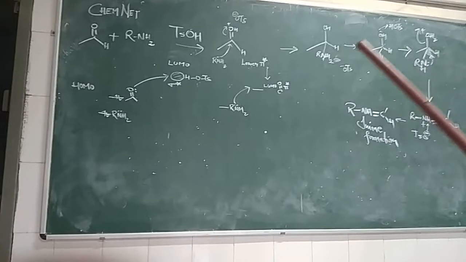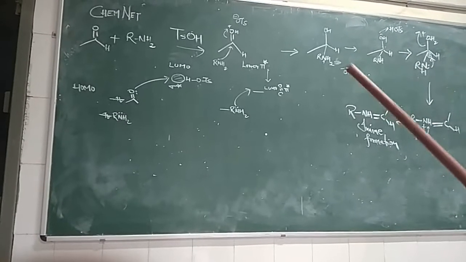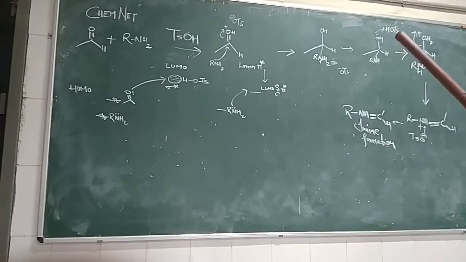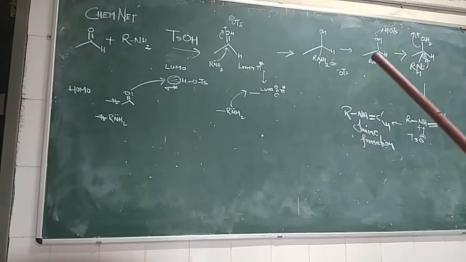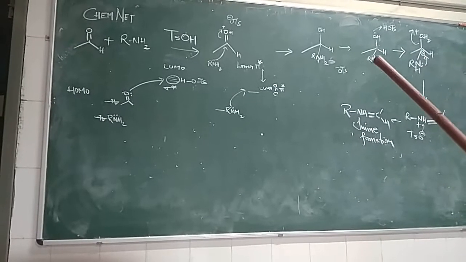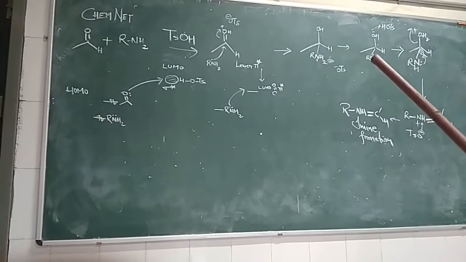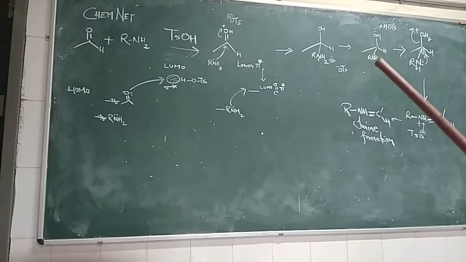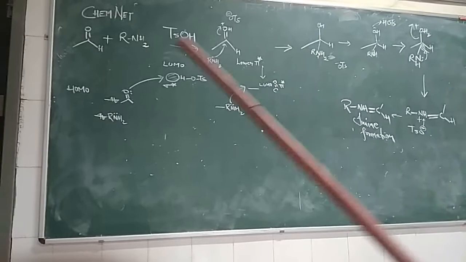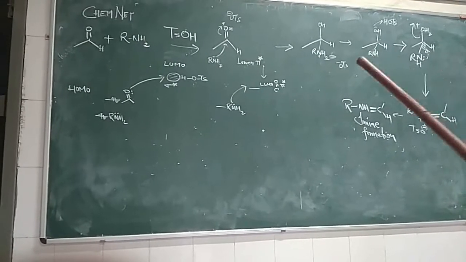Further, from here again the weak acid is generated into the solution, and it can protonate either the nitrogen lone pairs or the oxygen lone pairs. If the nitrogen lone pairs, being in higher energy due to less electronegativity, get protonated, then the reaction will go backward. That's why we will keep a higher concentration of amine to shift the equilibrium in the